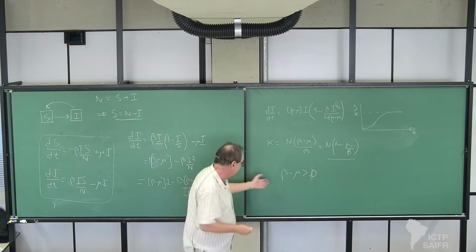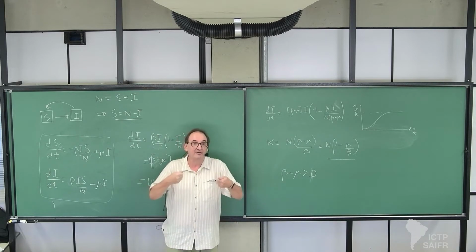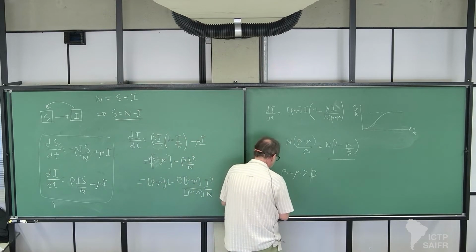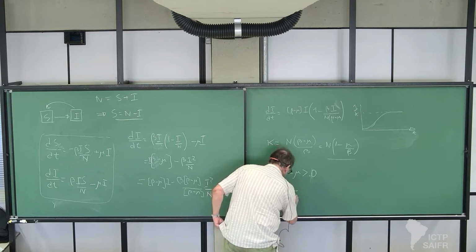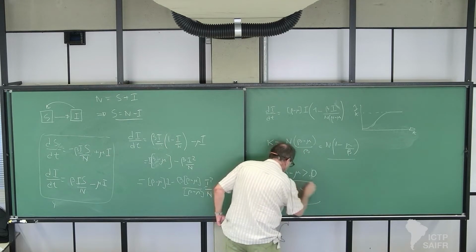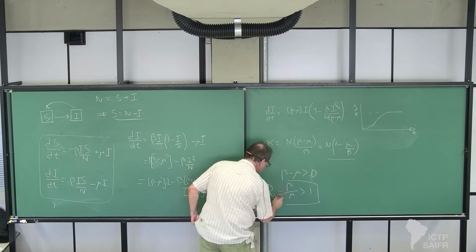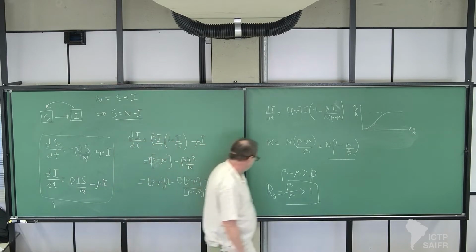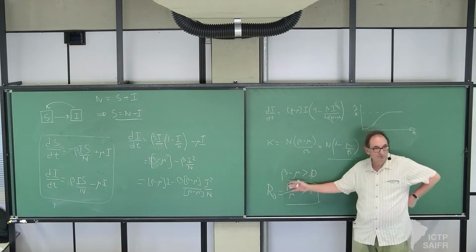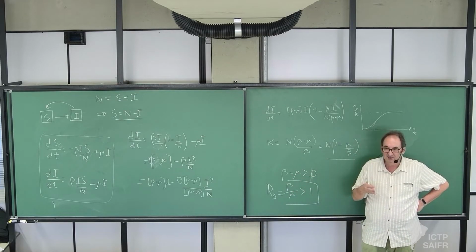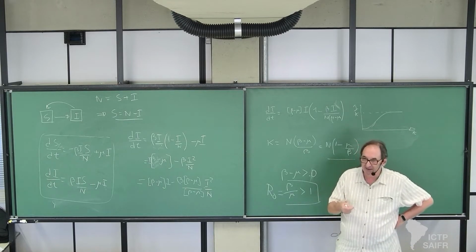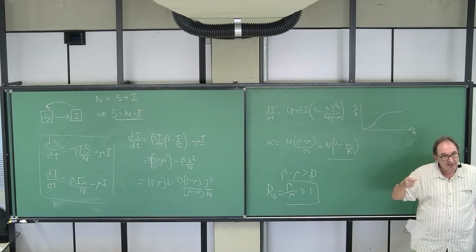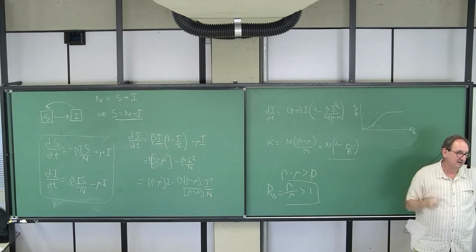Okay, this is the criterion for having an epidemic. So I can rewrite this as beta over mu, like this, and I will call this R0. This is the condition for having an epidemic, for the possibility of your pathogen, your infectious agent, to invade the population